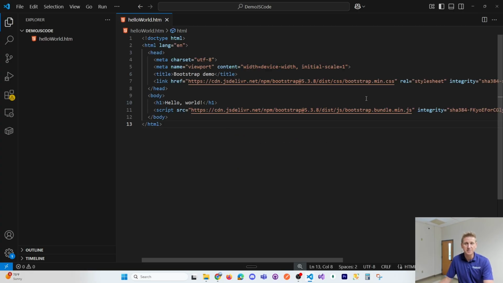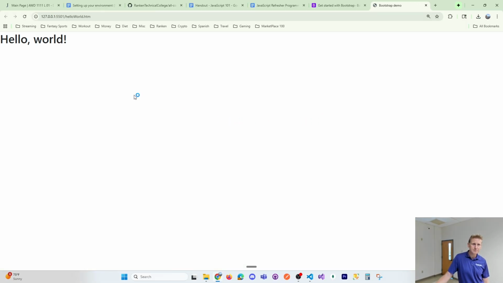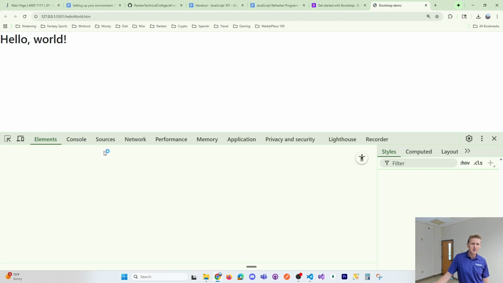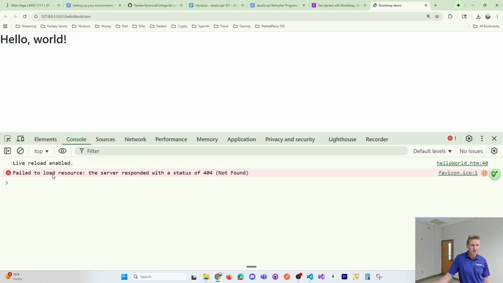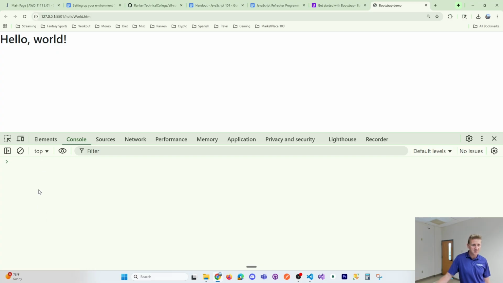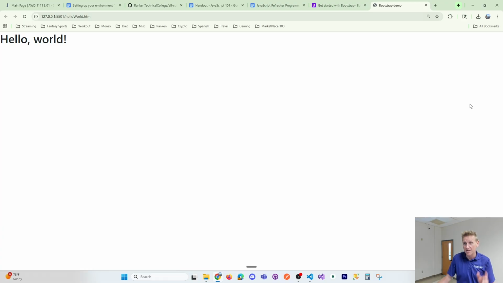If I open with live server, actually when I was testing this morning, the CDN for the JavaScript was down. Now this is actually working properly. This morning this wasn't working, so I'm glad this is working this afternoon. I can go to my console and see no errors. It was the weirdest thing. I've never seen it before, but the Bootstrap CDN was down this morning. I could do the same exercise and it wasn't coming up. Nonetheless,